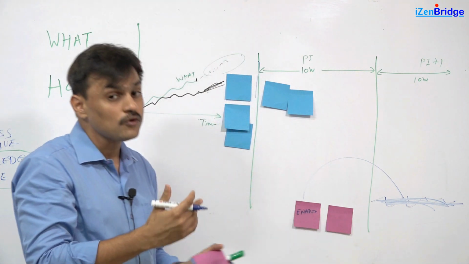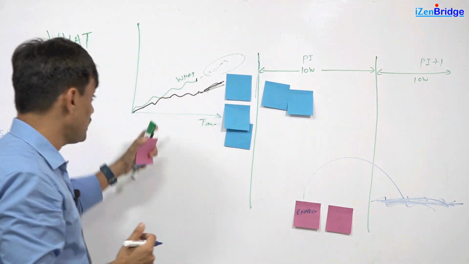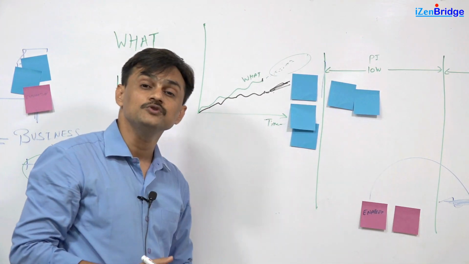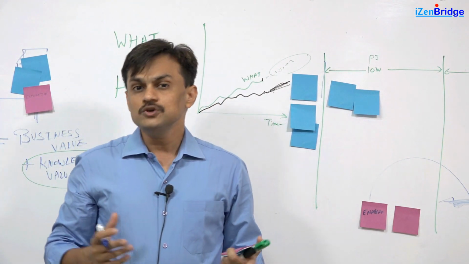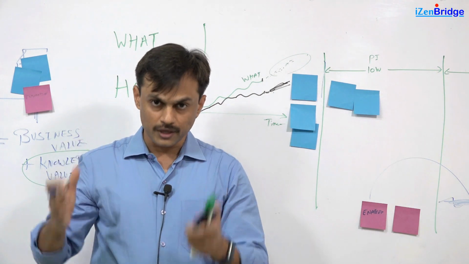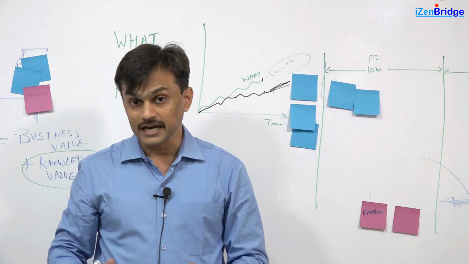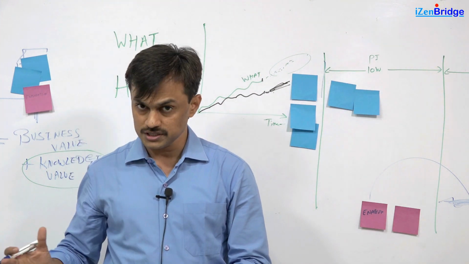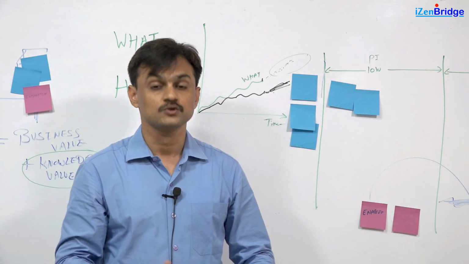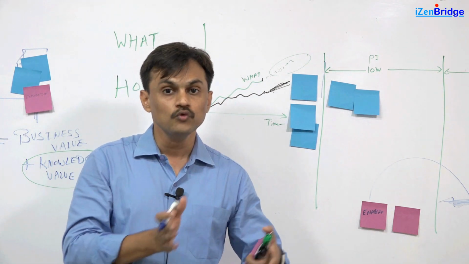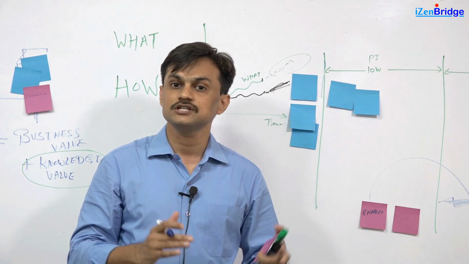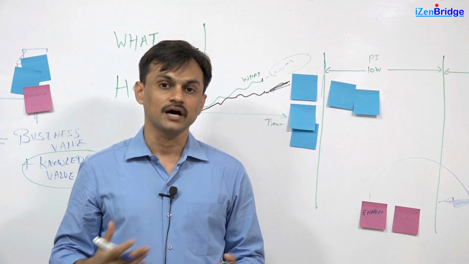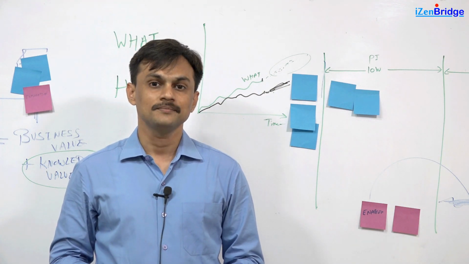And this can change from one program increment to another program increment, because your gap between what and how may also start going down as you start knowing your product more and more. I usually see in the early stage of product development, teams spending more than 50% of their capacity in building and exploring things which are knowledge focused, in the language of SAFe, architectural focused or architectural runway focused. But as they start moving towards maturity, the business features start becoming 80% of their work, and they just need to maintain more and more architecture depending upon the changes in the business features.